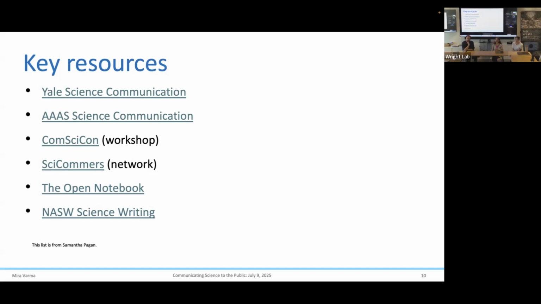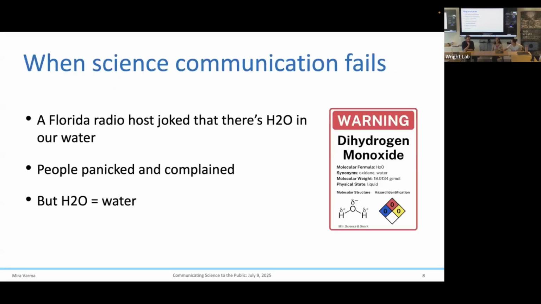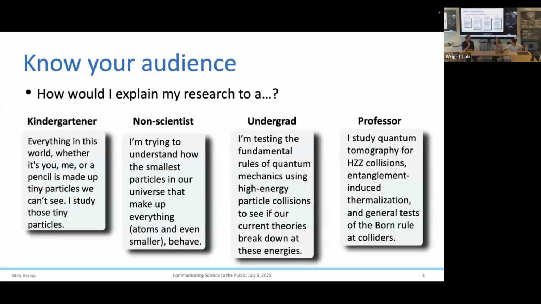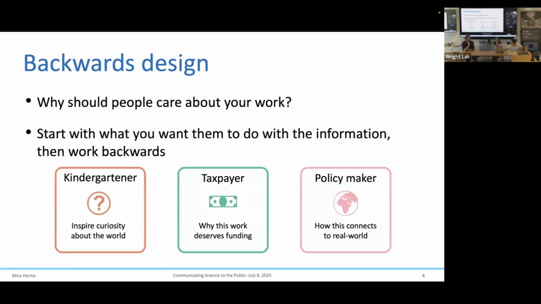About the third point that you mentioned about the backward design. You have a very nice example of how the outcome can change depending on the audience, and what the motivation is. I was thinking more in terms of the general audience, when I'm talking to someone maybe in a grocery store or something like that. Yes, they are a taxpayer, so maybe that's one thing they will be more interested in, but I don't know if it is a general case that every member of the general public is very worried about the tax-paying part, or whether they are more interested to know, oh, that's a very interesting thing. I want to know more about this. What angle should we take with it?